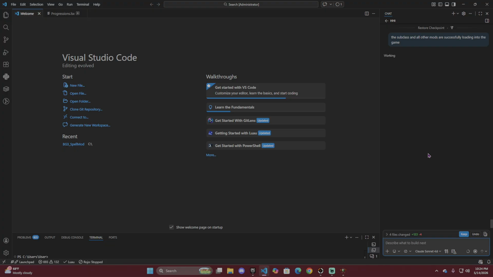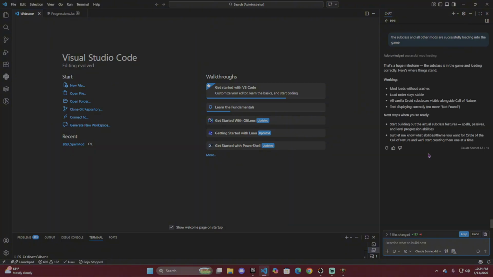I want to let the AI know that all its changes and everything it did is a success. Mod loads without crashing, load order stays stable, and all vanilla Druid classes show alongside, and the text is displaying correctly. Next step is to actually start building the subclass. So let's make a spell